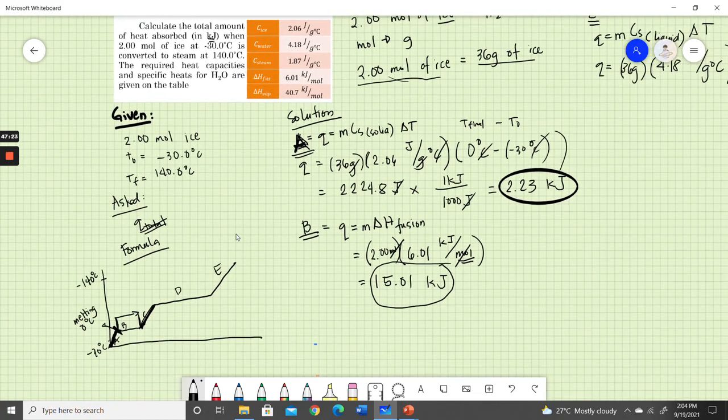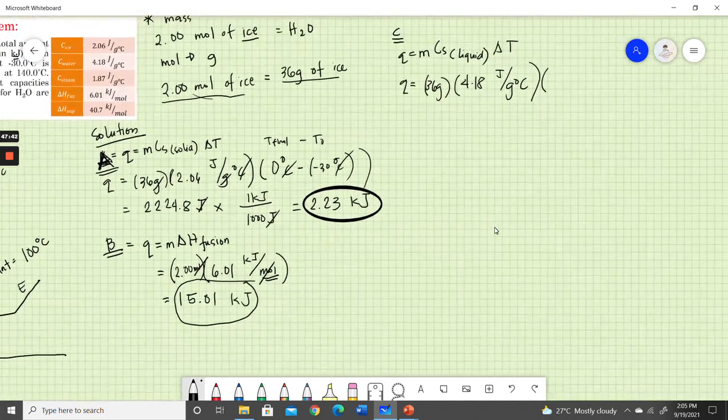And the difference in temperature: we know that this is 0 degrees Celsius, and this point is the boiling point of water, which is 100 degrees Celsius. So 100 degrees Celsius is the TF, or the final temperature, minus the initial temperature, which is 0 degrees Celsius. So let's cancel the grams and the temperature, and this would give us